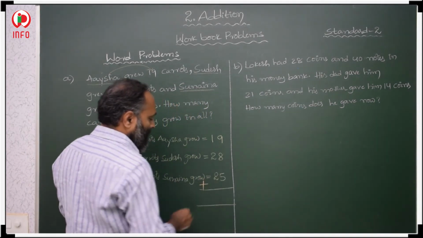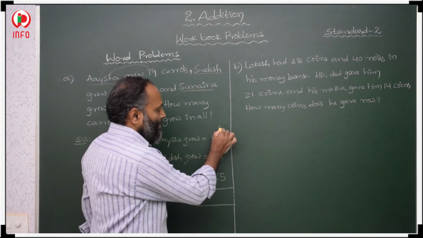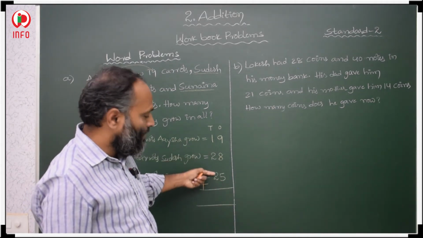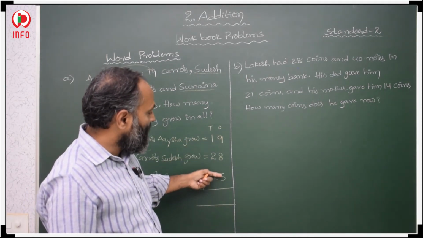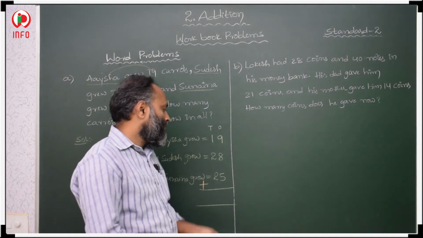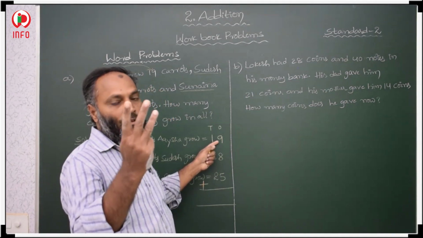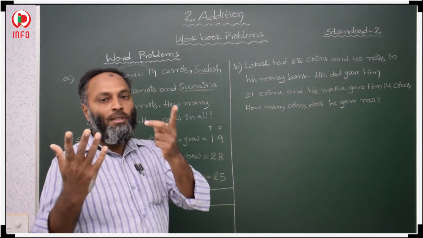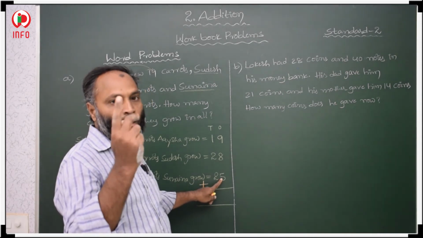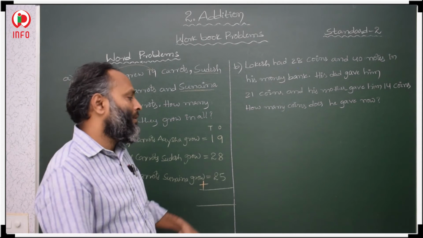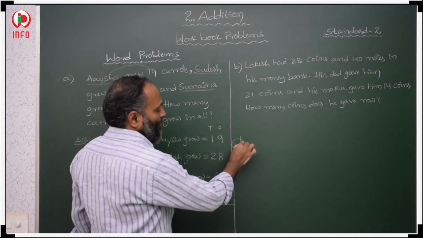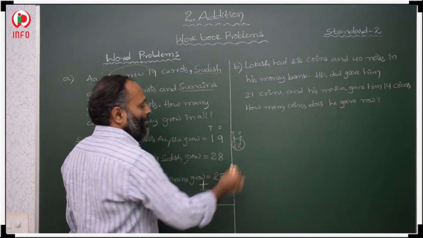Plus we have to find. Then this is our ones place. This is our tens place. These all are in ones place values. These all are in tens place values. So we have to add ones place values and after that tens place values. Ones place 9. After 9, 8. 9 plus 8, 17. 17 plus 5, 18, 19, 20, 21, 22. 22. So this is 22. In this 22, this is the ones and this is the tens place value.